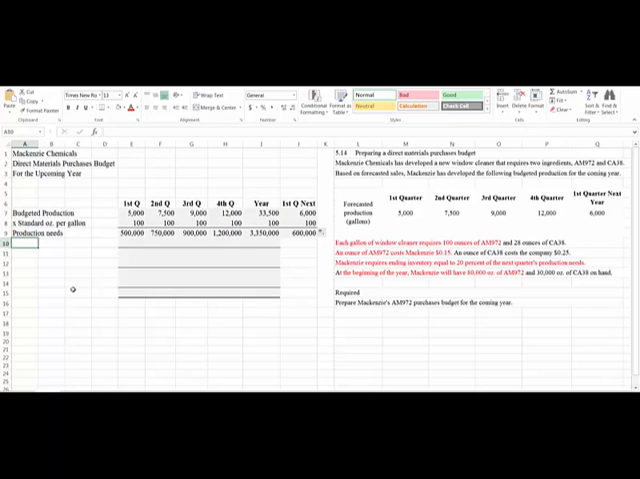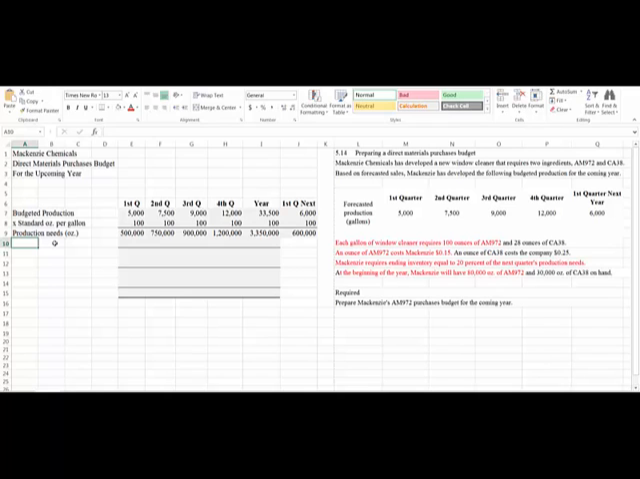So that's the number of ounces. Let's put here just to remind us, this is the number of ounces. Remember, if you looked at a production budget, which you probably did before this, we take